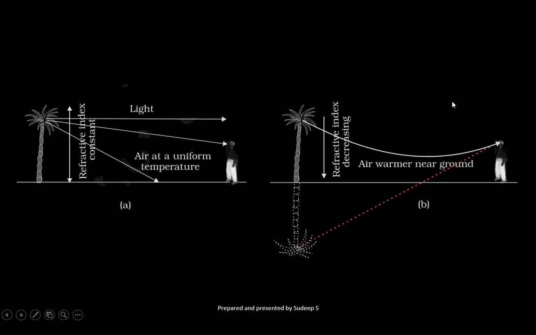Okay, so the next topic is Mirage. So as we know that we observe Mirage, that is an optical illusion, mostly in desert area during hot summer days. So this is the normal condition. So in this condition, this is the normal condition, और यहाँ पे हम लोग कुछ ऐसा मिराज वाली चीज हमें